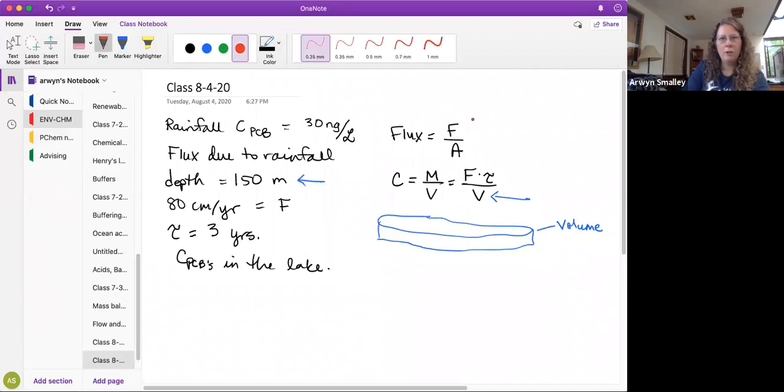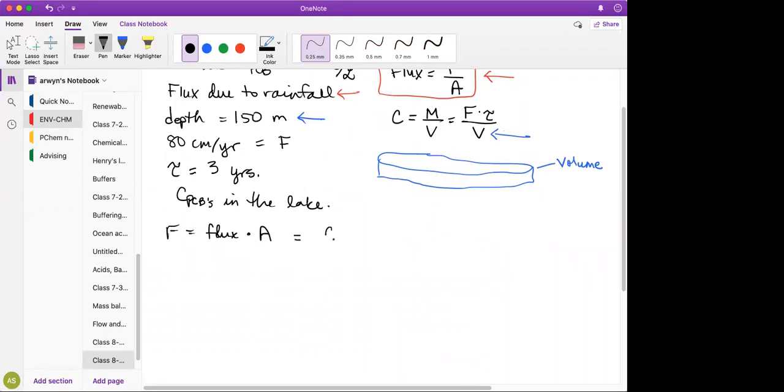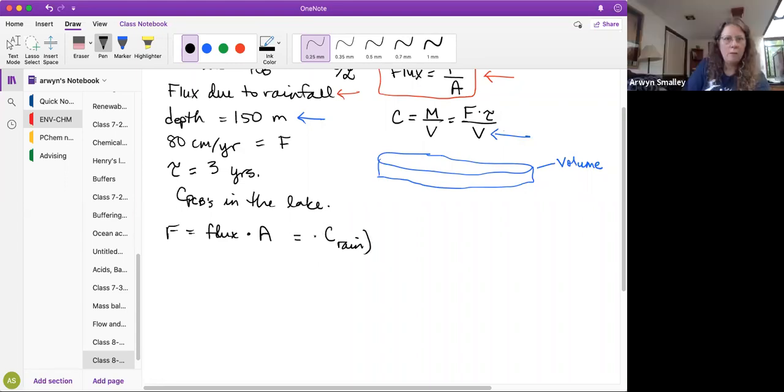The first thing I was going to do is try to get some information about the flow, right? Because I apparently need to do something involving flux, so I went ahead and rearranged that. I said, okay, my flow is equal to the flux times the surface area of the lake. And that's going to be the concentration of the rain times the rainfall rate, which is really the flow, right? Times the area